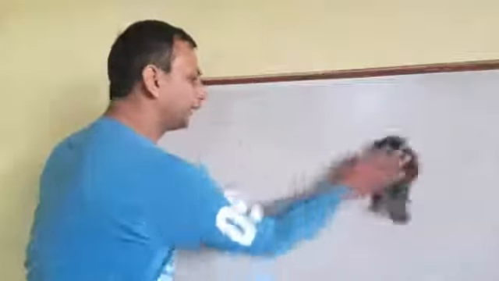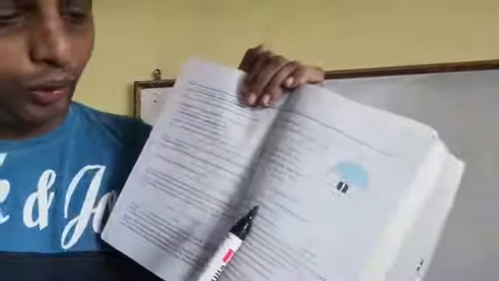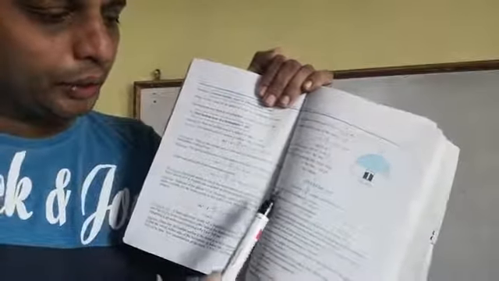So the first question and second question are very simple. What we have to do in the first and second questions, you can read that one. Find the surface area of a sphere of radius. It means we have to find the surface area of a sphere and the radius is given. Three questions are given. I am going to solve only one because the rest two are very easy. You only have to apply the formula and get the answer.